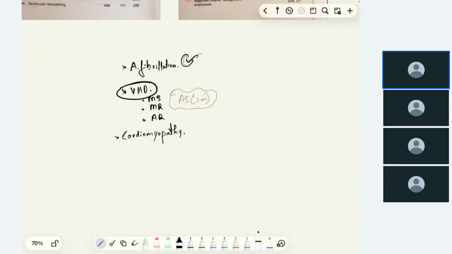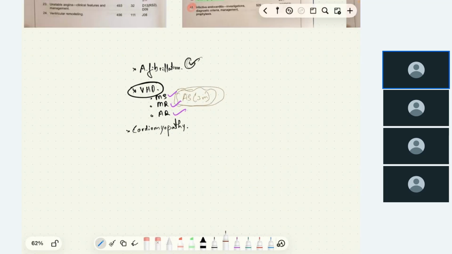Valvular heart disease. In that, mitral stenosis, mitral regurgitation, and aortic regurgitation are three topics which are asked as 5-mark questions once or twice or thrice. But aortic stenosis, that is AS, has been asked only as a 3-mark question. So I request you to go through it after the class. Let's continue